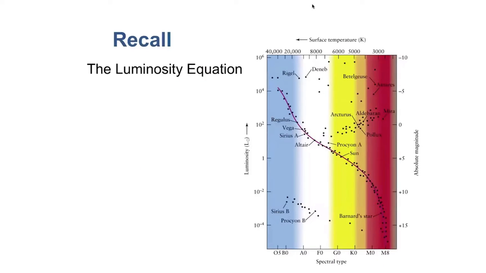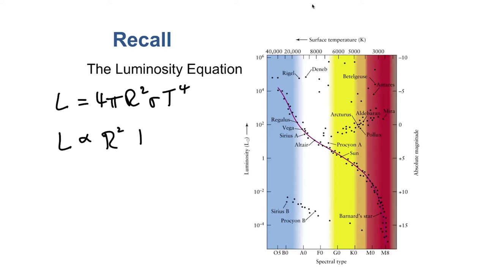Okay, why is this such a useful diagram? Well, let's remember the luminosity equation. The luminosity equation, remember, was luminosity is 4 pi r squared sigma T to the 4th power, right? And the 4 and the pi and the sigma are all constants. So this is really luminosity is proportional to r squared T to the 4th. Okay, great. So the cool thing about this diagram is we've got two of these parameters